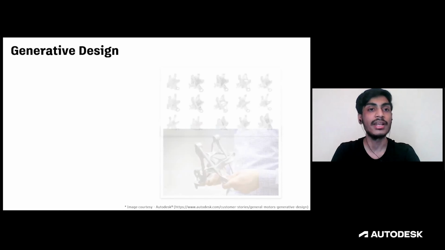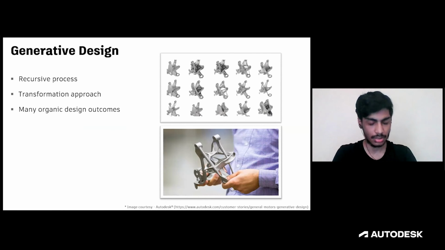Whereas in generative design, we challenge the machine by providing certain conditions to the computer, and the computer uses a machine learning algorithm to give us back many variations of the design. Now, it's the designer's choice to pick the best design, rather than spending more time thinking about the design, which actually saves time.